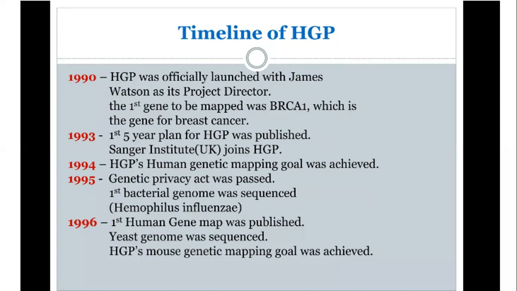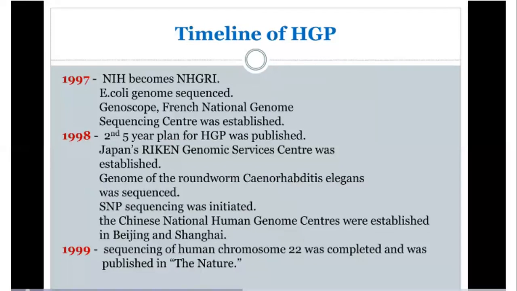This is very important. Actually, you should know about this. In 1996, the first human genome gene map was published, and the yeast genome was also sequenced, and the genetic mapping of mice was also achieved. In 1997, National Institute of Health became NHGRI, and the genome of E. coli was sequenced. In 1998, the second five-year plan of the Human Genome Project was published, and in 1999, the sequence of human chromosome 22 was completed